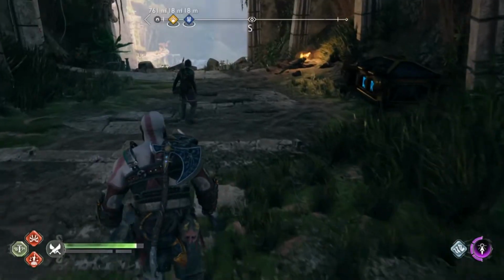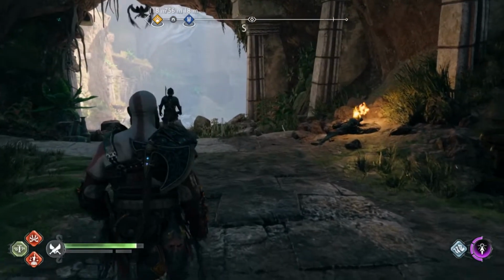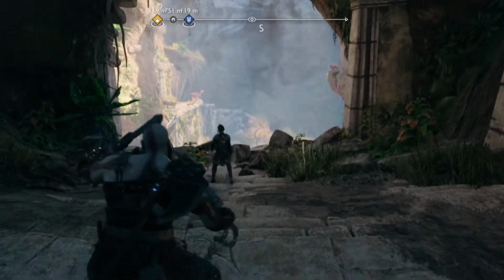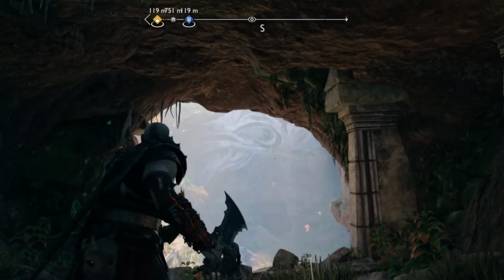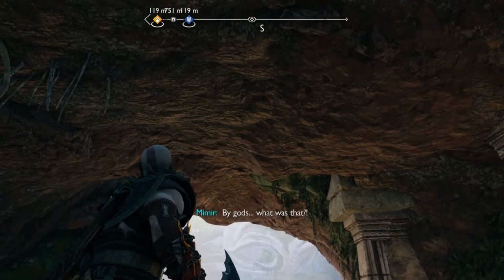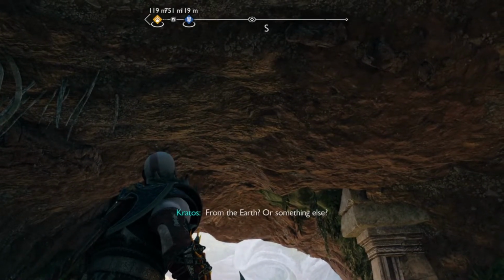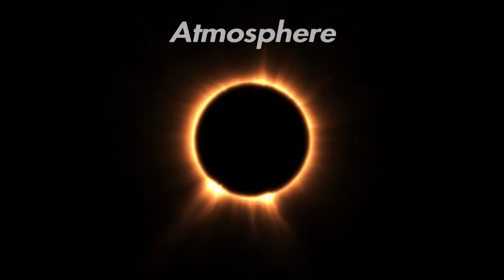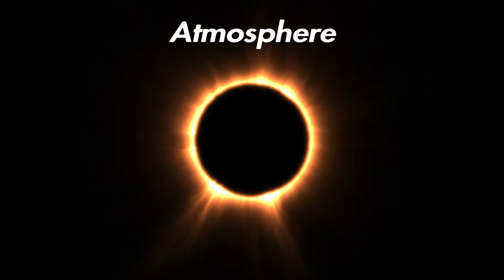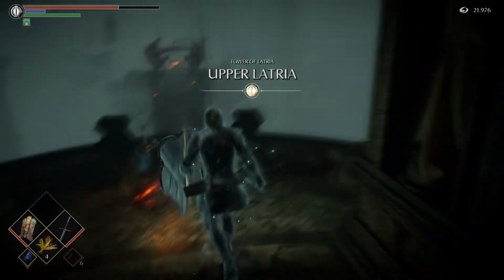I don't think that they have as many particles to speak of as well in Demon Souls, but it has, I would say, in a good amount of instances, a lot of macro detail or micro detail with the parallax occlusion mapping. Looking at the atmosphere too, I thought this was a pretty cool comparison.